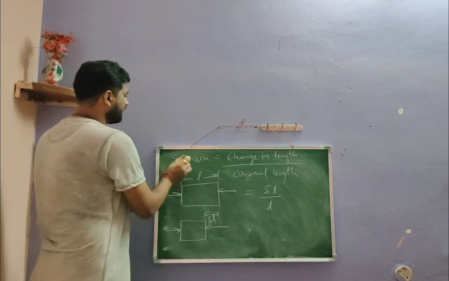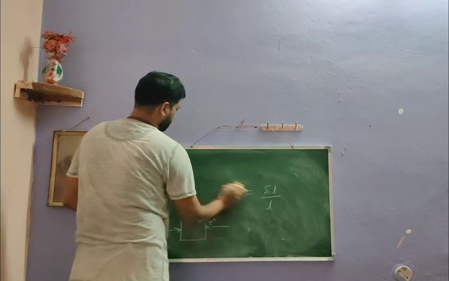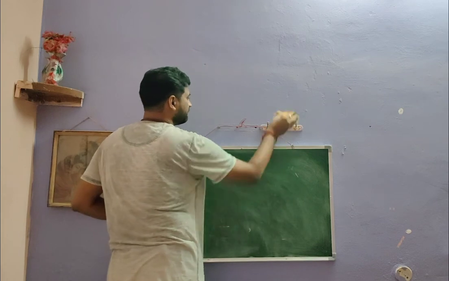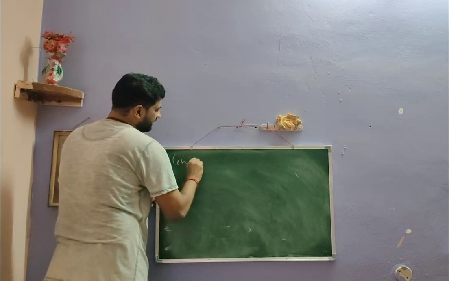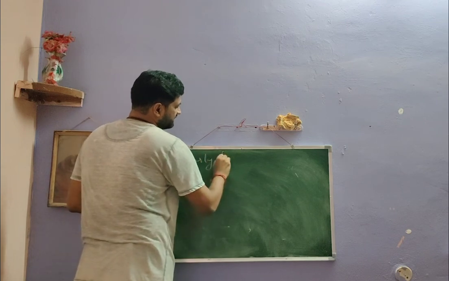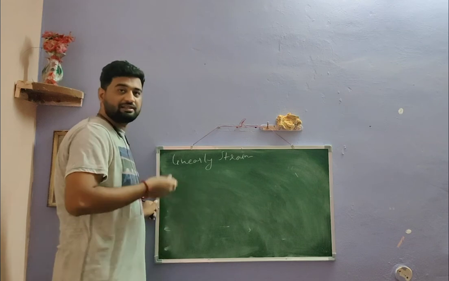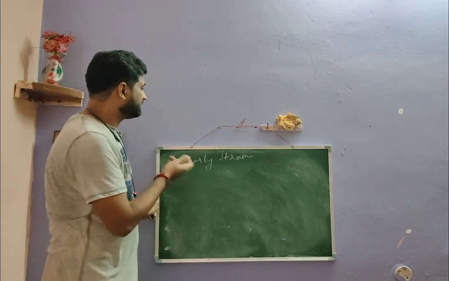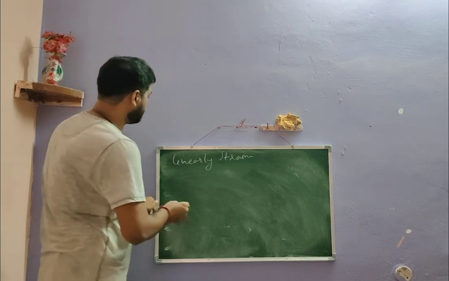Now there are three types of strain. First one is linear strain. When tensile or compressive force is applied over the body, the strain developed at that time is known as linear strain. Second one is